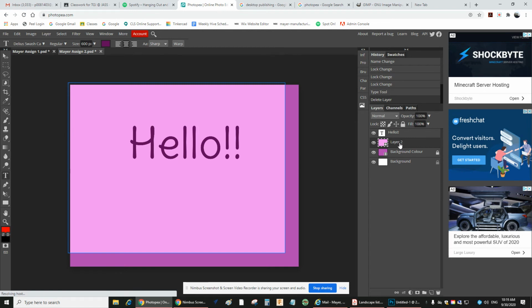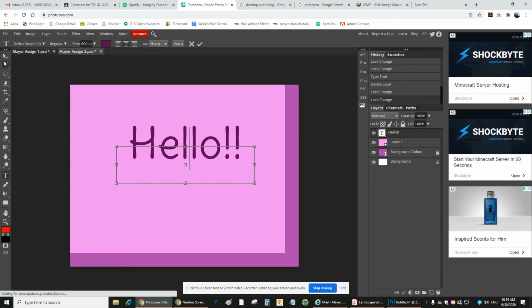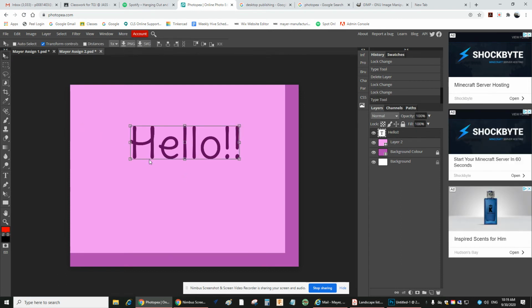I can change the names again. I'm still not understanding why text has to have its own layer, but that's okay. I'm going to lock my text in so you can't mess with it. Oh, I was just going to adjust it. Sorry, I wanted to, yeah, if you want to move things around, you need your pointer back. And then